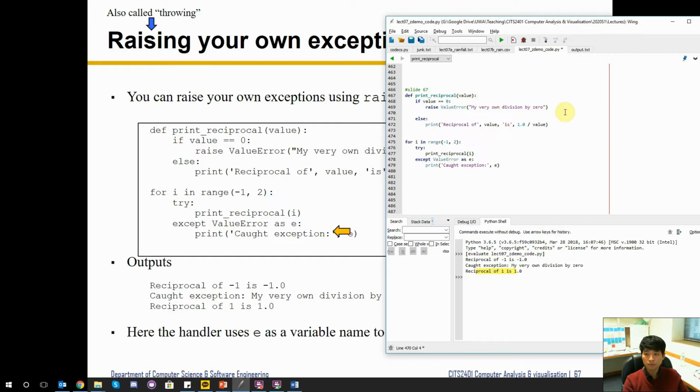Say elif value equals 1, for instance, then I can raise another value error, and say that value 1 is also an exception. Okay, so now what's going to happen here is if value is 1, we could indeed calculate the reciprocal, but what we're saying is that this is an invalid input for this function. So if I run this again, then reciprocal for -1 is fine, 0 is division by 0, but also 1